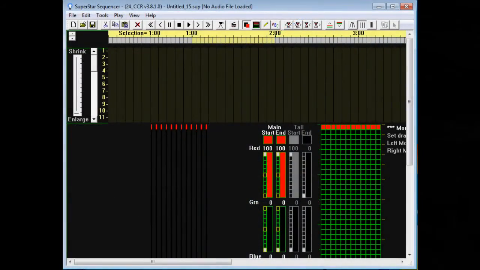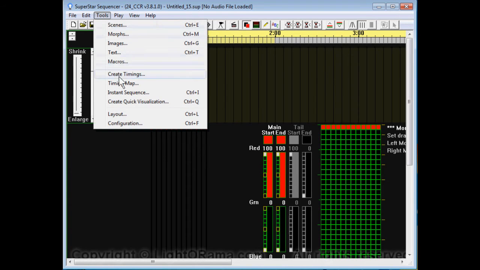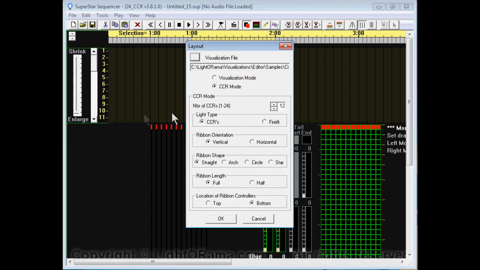Welcome to the Sequencing Circles tutorial. In this tutorial we're going to learn how to sequence circles. So to do that we've got to get some circles on the screen. I'm going to click on the Tools menu and select Layout, and in the Layout dialog box we want